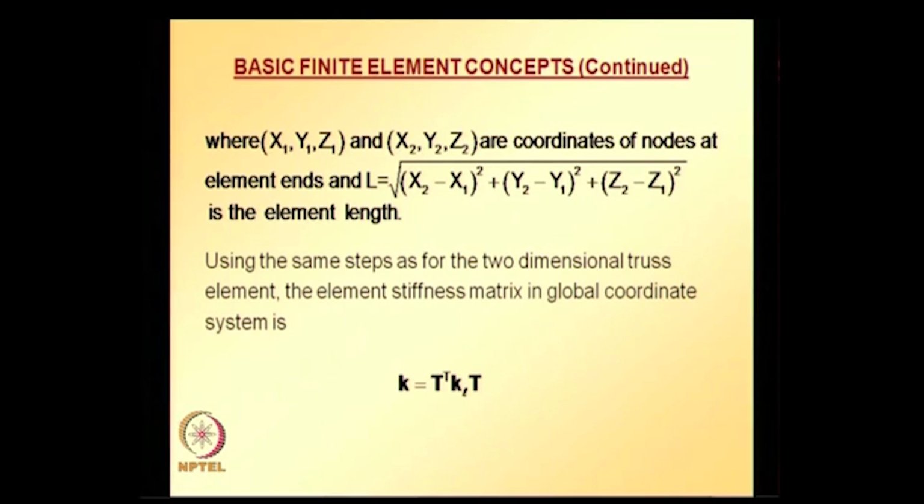Here now it is Lx mx nx 0 0 0, 0 0 0 Lx mx nx, and KL is the same as what we used for the 2D plane truss element, because the local stiffness matrix is the same, that is E A over L times [1 -1; -1 1]. So, using this transformation matrix and the local element stiffness matrix,